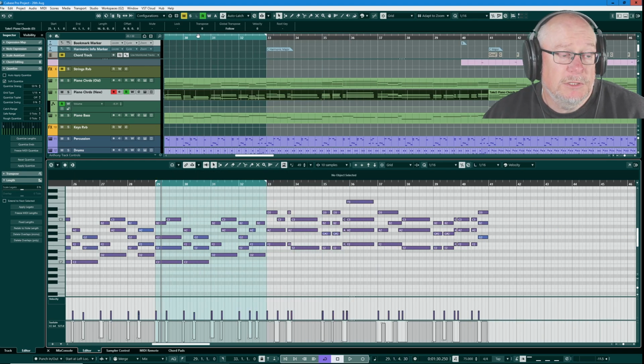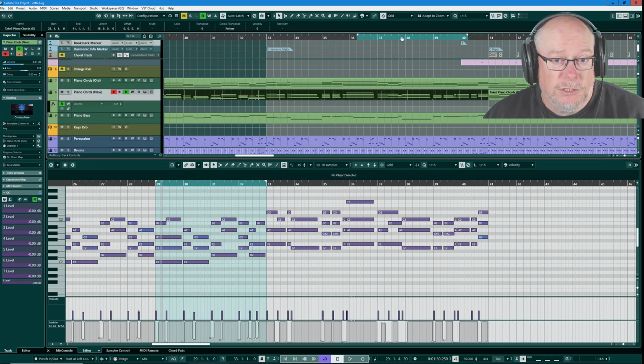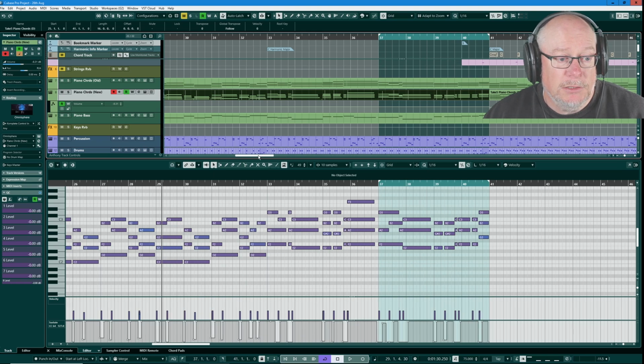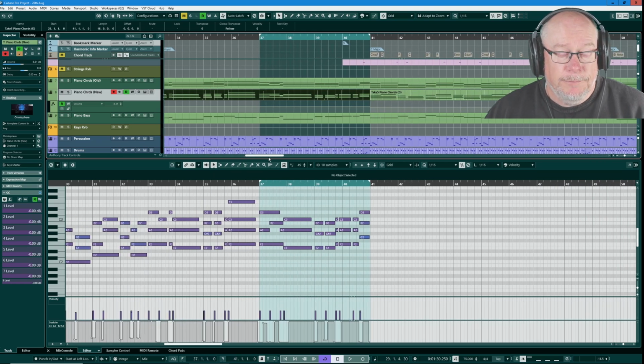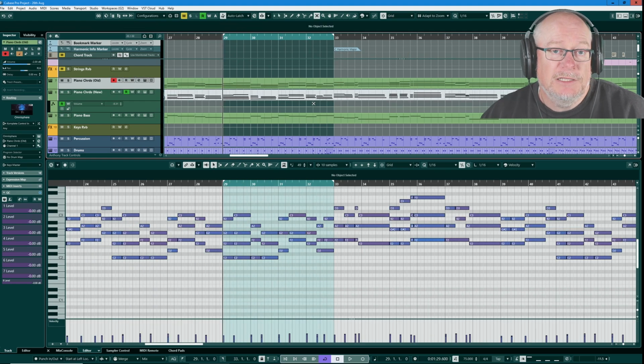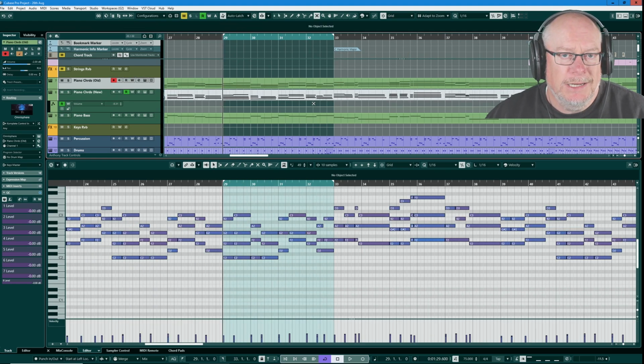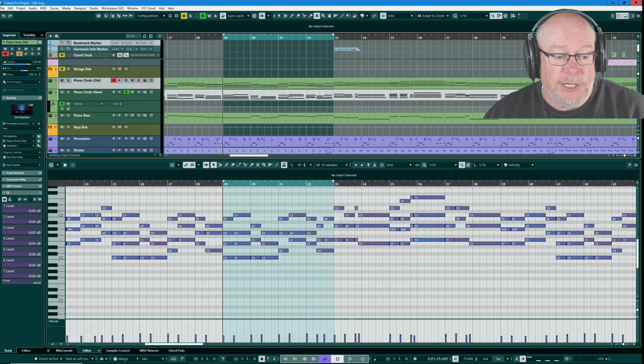I think the most valuable takeaway for me, though, was that in learning these parts and in playing them naturally, I think the piece of music fundamentally improved. Here's another example to demonstrate that much more organic feeling that you get with the naturally played performance. And listen to the difference between the two parts. We're going to start off again with the MIDI input version, and then we'll switch to the acoustic version